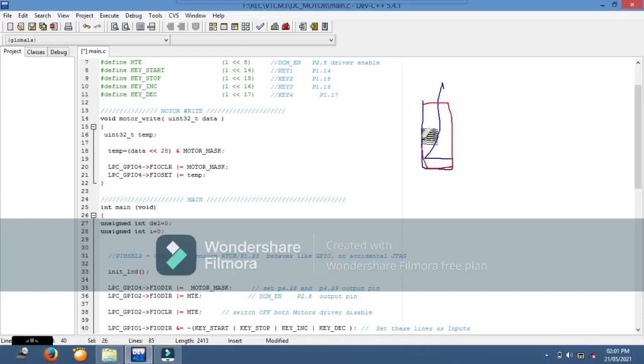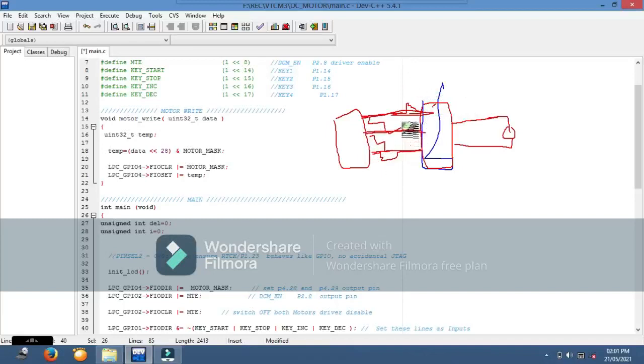This is our driver. Here is the microcontroller. So enable, you should send, right? You should send two signals to the driver, which is passed to the motor. What you have to do is enable the driver. When the driver is enabled, it will work and pass this signal to the motor with high power.